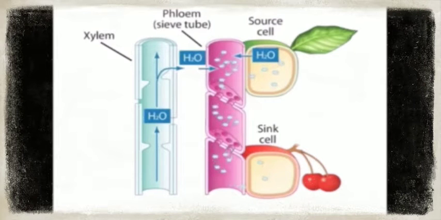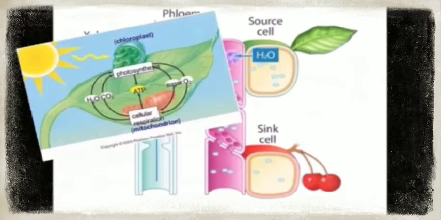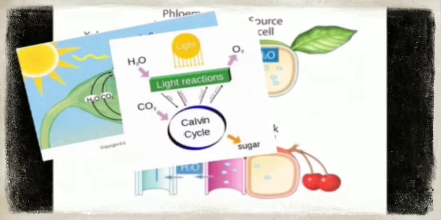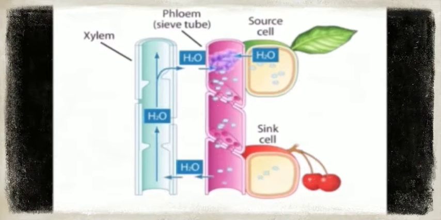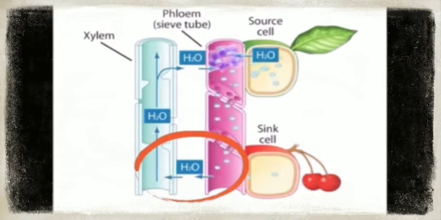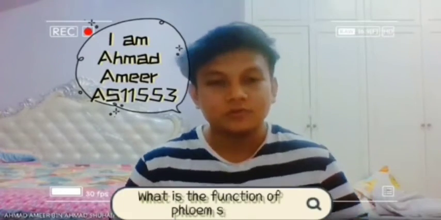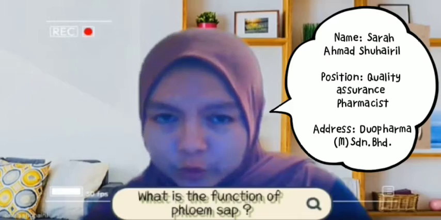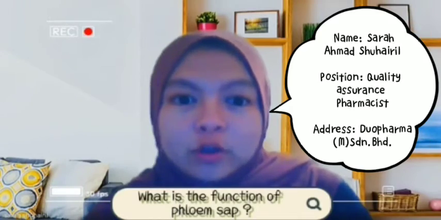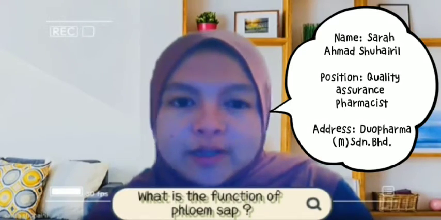There, the sugar is used for cellular respiration or other metabolic processes. The high concentration of sugar in the root cells causes water to follow by osmosis, where it is later reclaimed by the xylem tissue. For the first question, what is the function of phloem sap? It will translocate products of photosynthesis, which is the nutrients or sugars, from the leaves to other parts of the